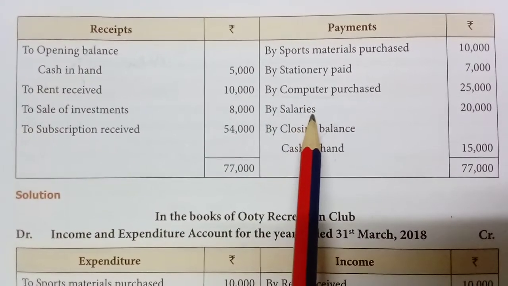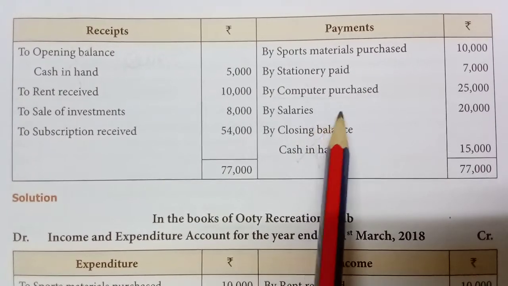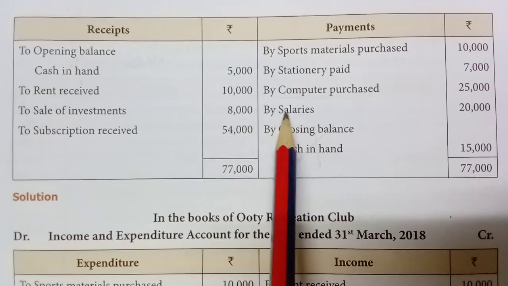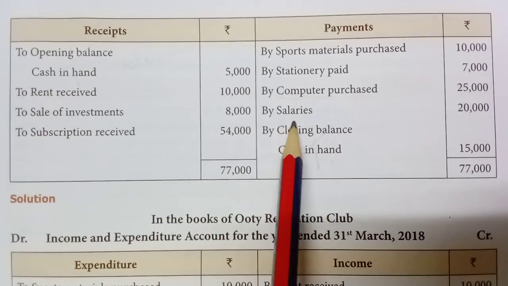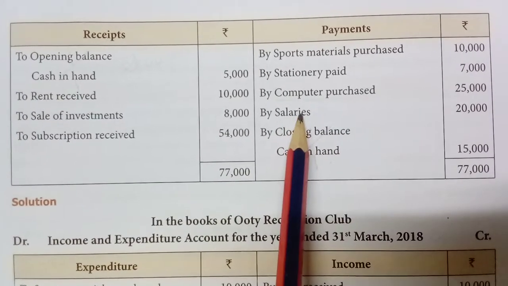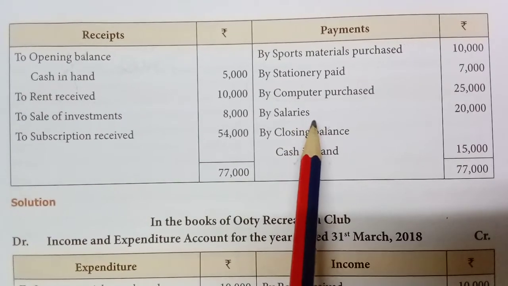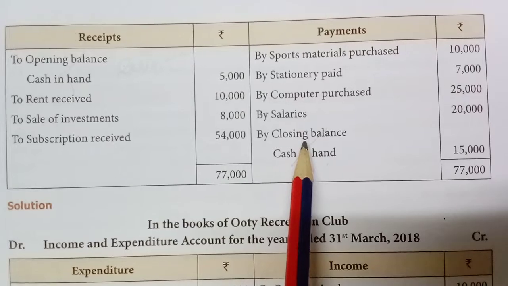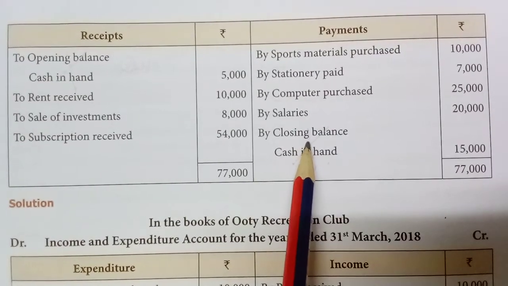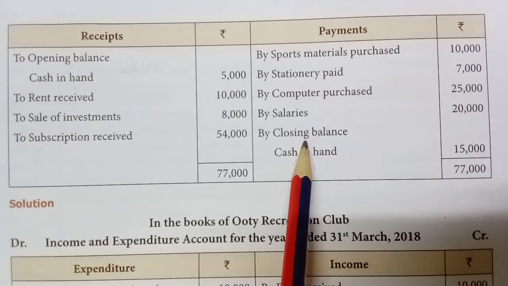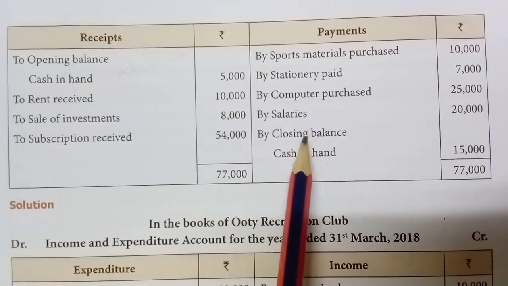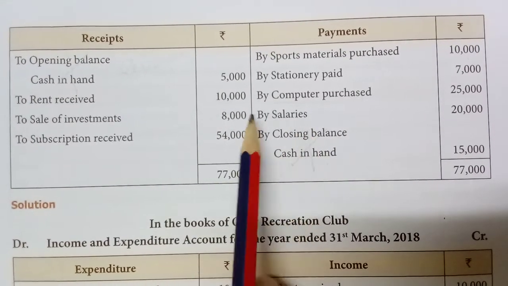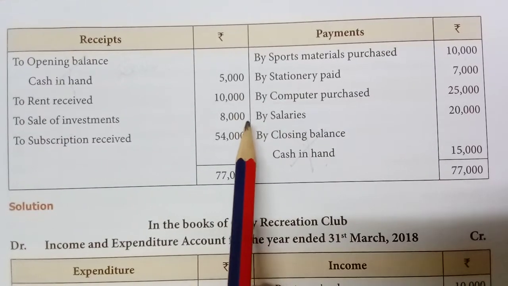Then salaries we pay, every month, and every year we are paying. So I have told you what items will be entering. Then no adjustments are given, so non-cash items, bad debts, nothing is given, no specific fund. So leave all of them. Then at last we have to balance this account. I will do this and show it in the notebook.